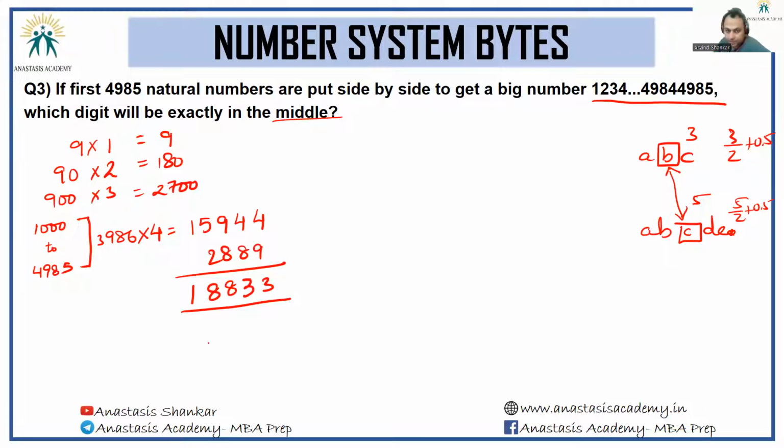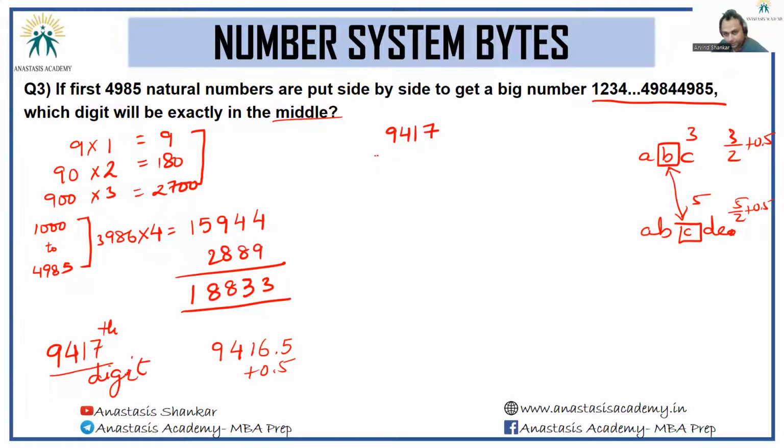So to identify the middle digit here, I have to take this number divided by 2 plus 0.5. This number divided by 2 gives me 9416.5, plus 0.5, so I am seeking the 9417th digit. Out of these digits, can you see how many digits I can straight away remove? So 9417 minus